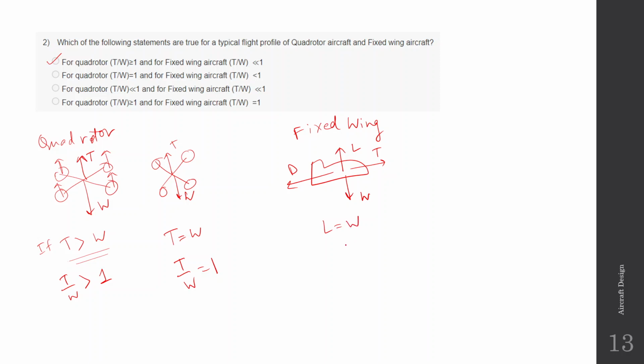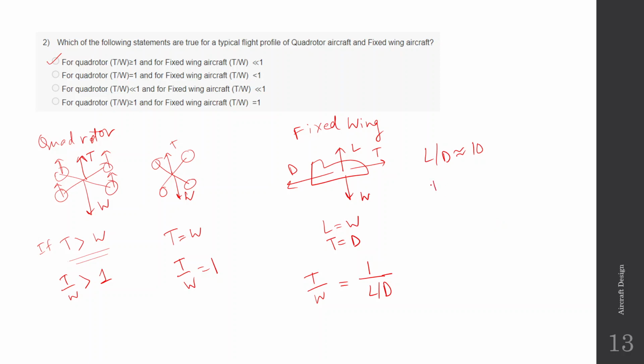So in this case, the lift is equal to the weight and thrust is equal to drag. Then you can divide the thrust by the weight and it will be 1 by L by D. We know that L by D is on the order of 10. It may be 10, 12, 15,